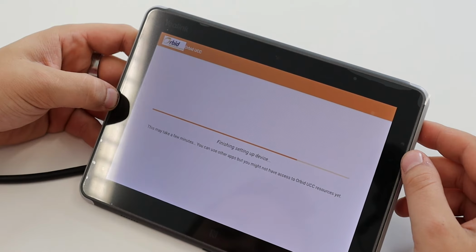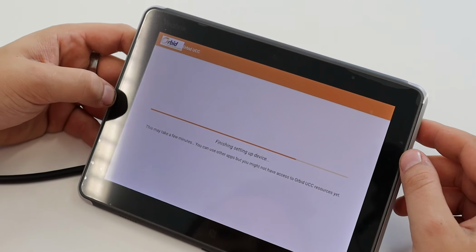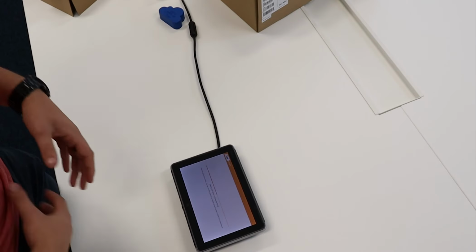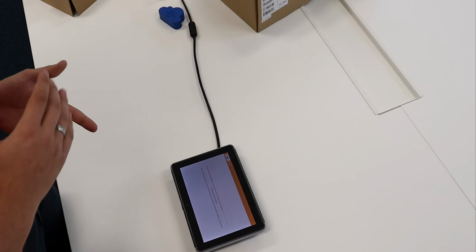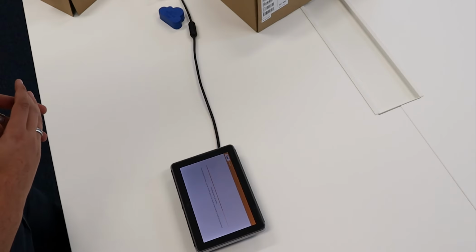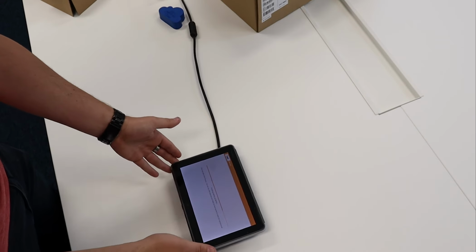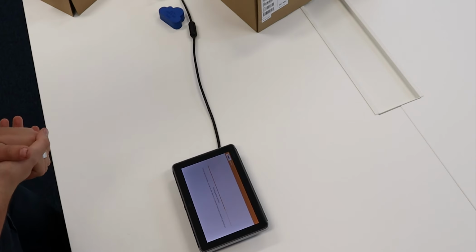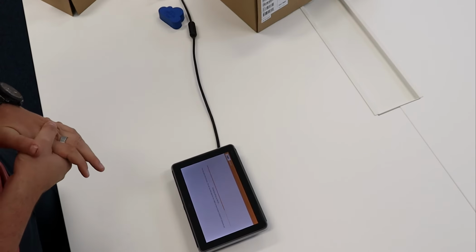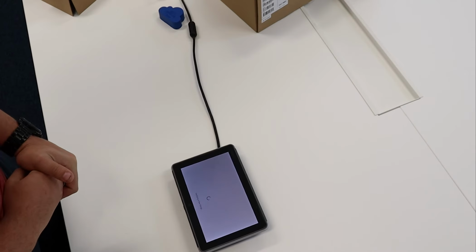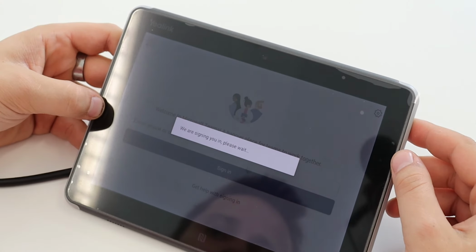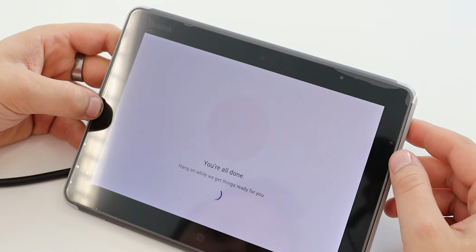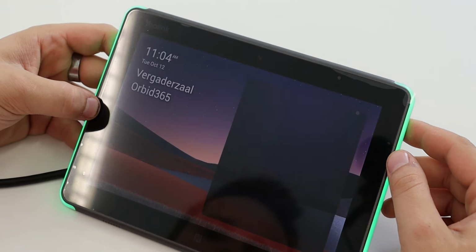And as soon as the device registration is complete, it will show you a custom design, which shows you the availability of that room, which shows you the lights on the back if the room is busy or available, and a button to plan in that unplanned meeting room. So it is now finishing setting the device up. It can take a few minutes, of course, depending on your internet connection. But then as soon as we got it, it is verifying a few things. You see the Teams interface already, and as soon as we are signed in, everything will be displayed as you want to, and you can basically hang everything up.